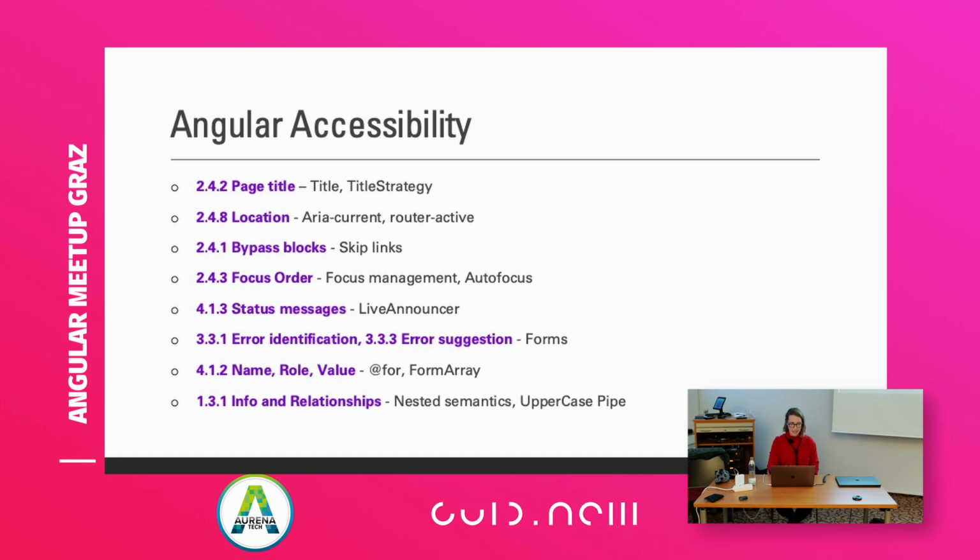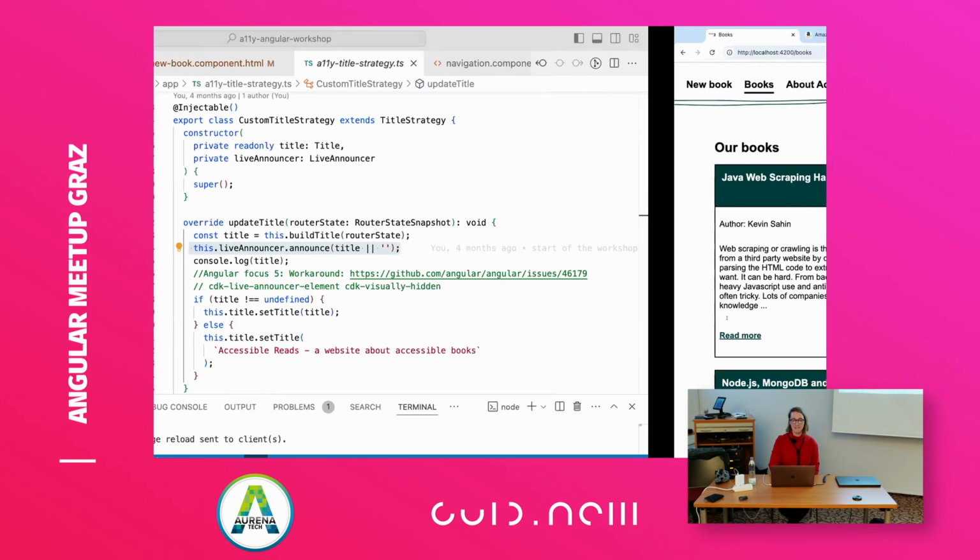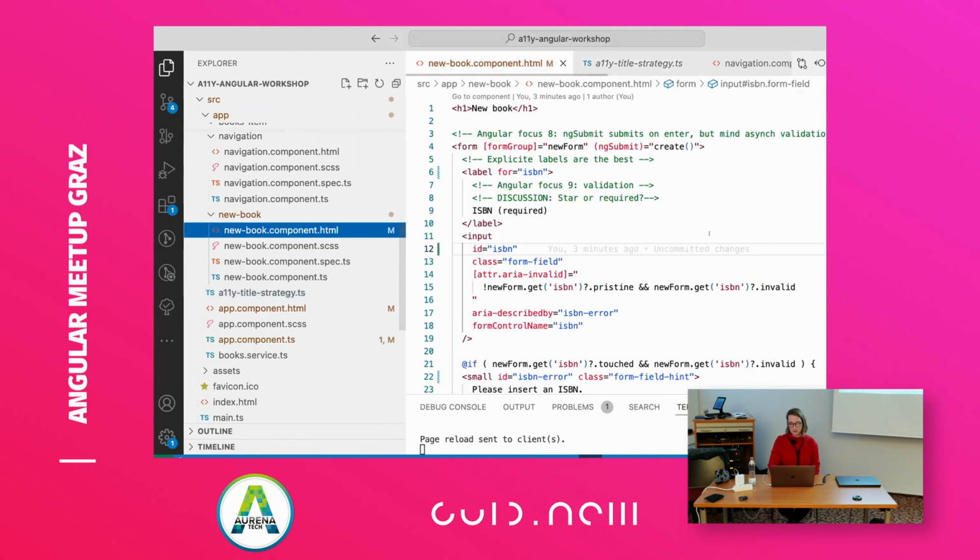Next point, forms. Who loves forms? Very nice. In here, we have some nice features from Angular, which are not new for you, I guess. First of all, we have ngSubmit, which is a nice out-of-the-box thing that you can put on the form, and you will get the